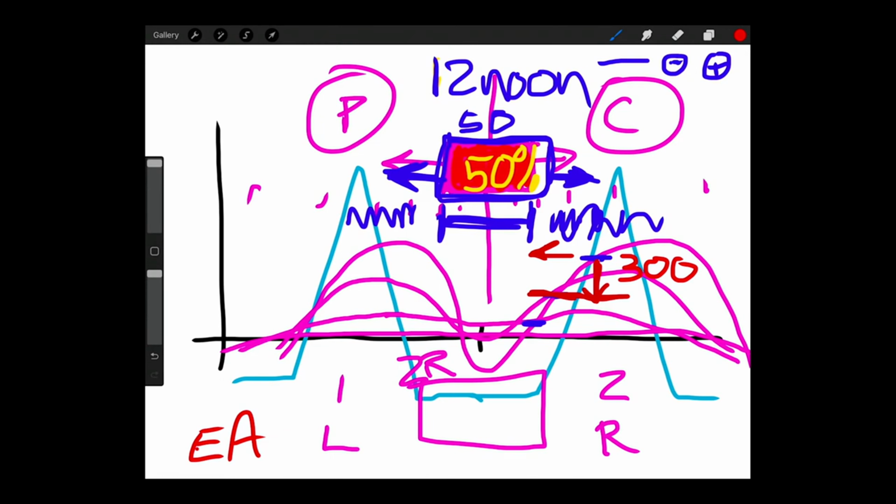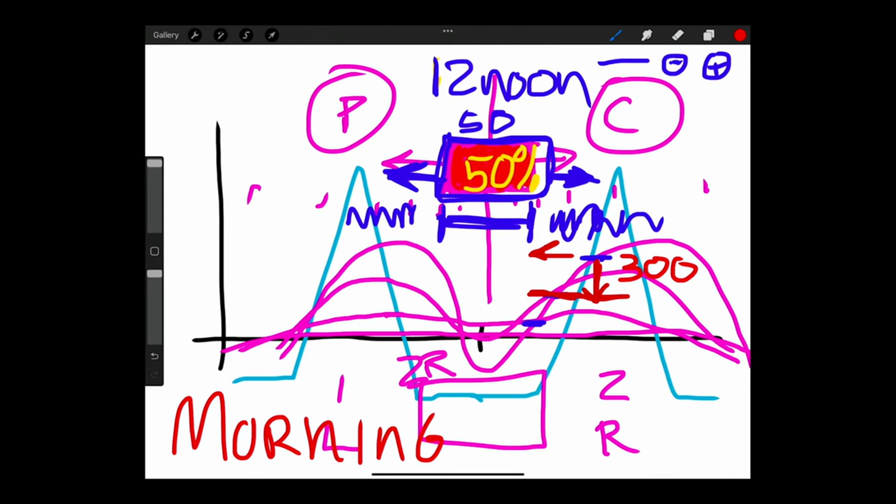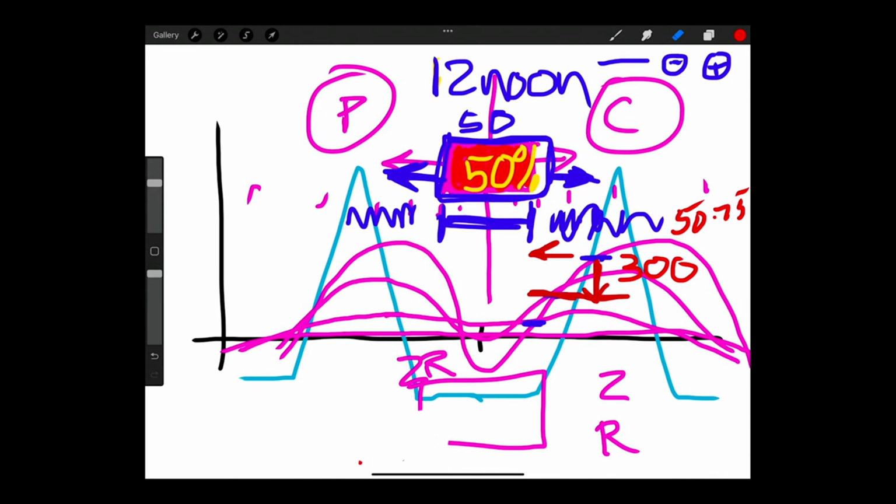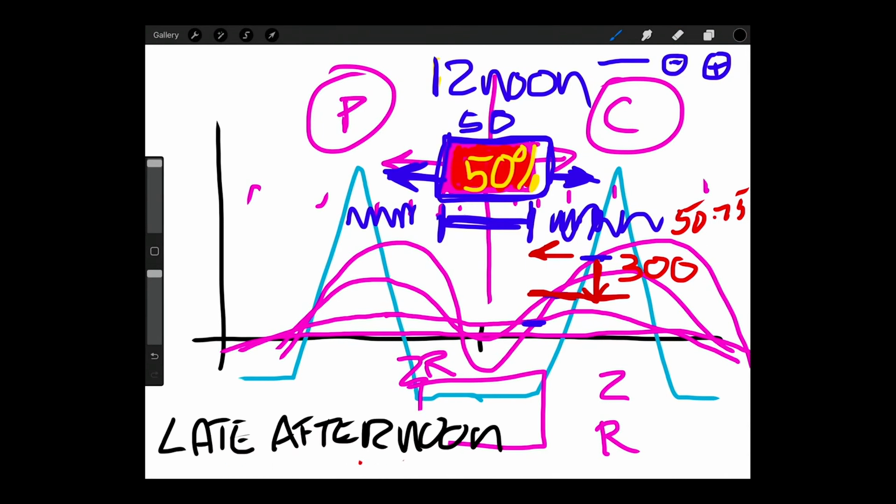Now, if it were the morning, instead of the early part of the day, it might be a lot more lenient. So instead of 30%, I might say I'm willing to give up 50 to 75% of it, because there's still a lot of time left in the day. If it is in the late afternoon, oh, now we're talking, we really need to be very guarded. Late afternoon, I'm not talking 50% or 30%. I'm talking maybe 25% I'm willing to give up,